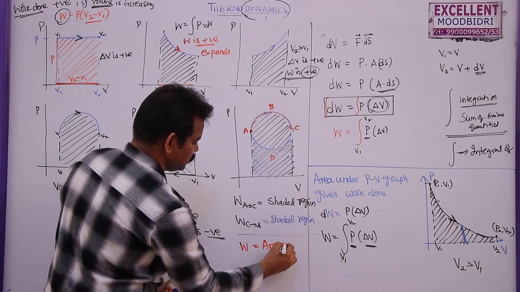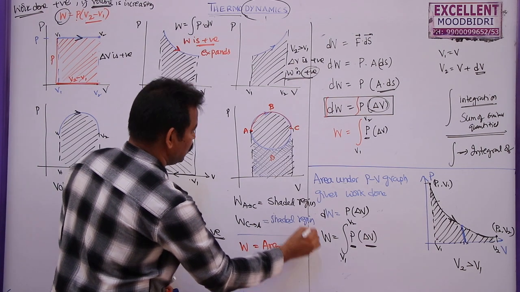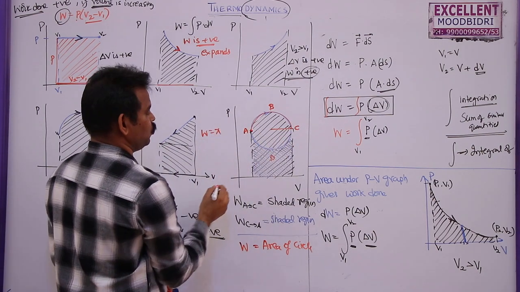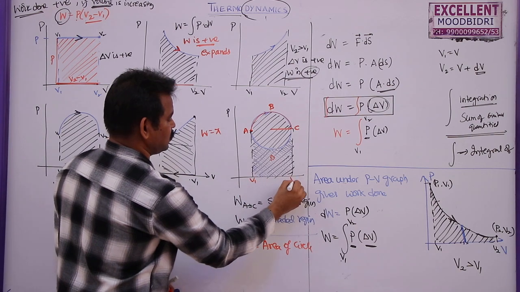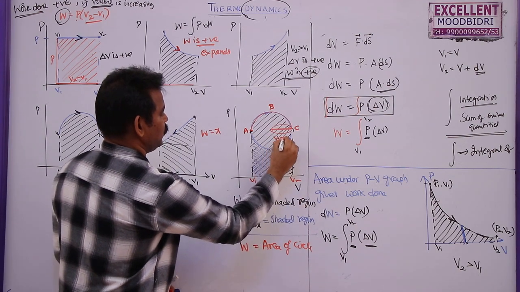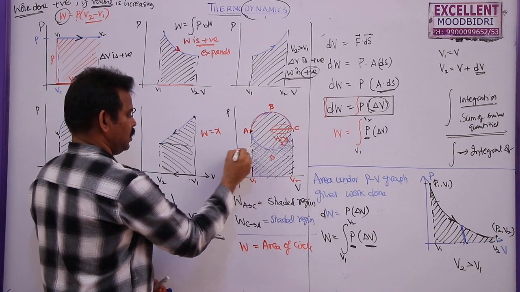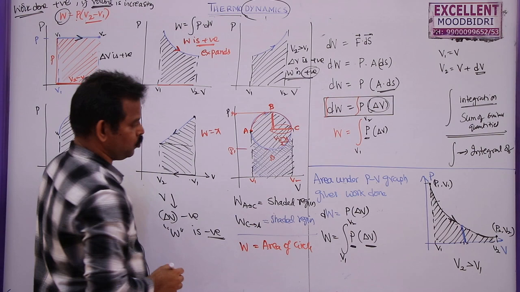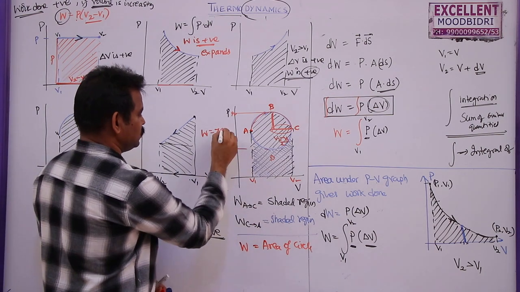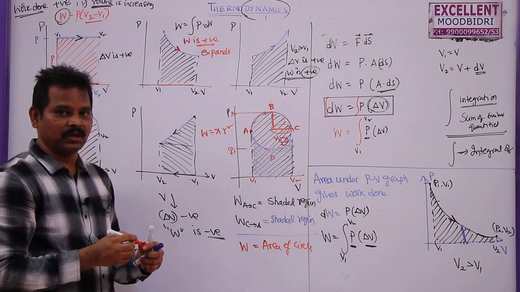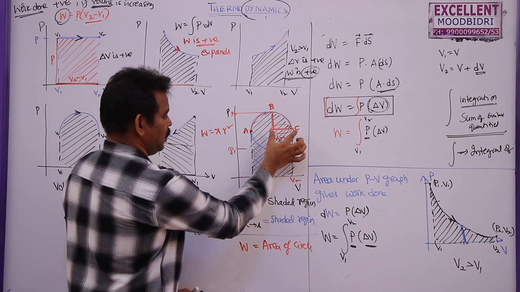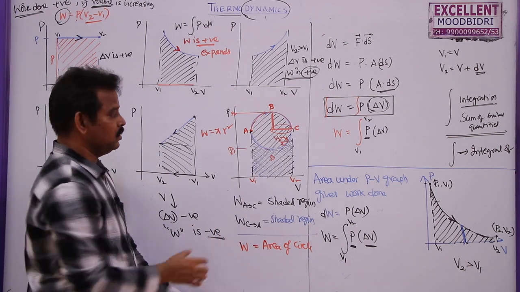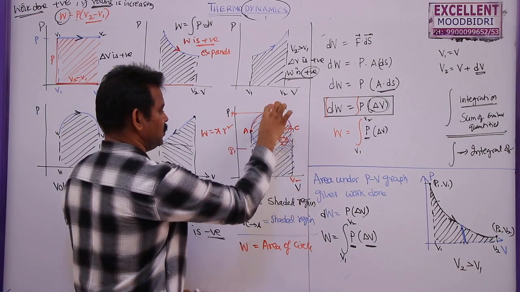So this is equal to the area of that circle, which is given by work done is equal to pi into, this is V1, this is V2, this will be (V2 minus V1) by 2. Here this is P1, this is P2, and this will be (P2 minus P1) by 2. So the total work done is pi r square. But which radius do we have to consider? We have to consider both radii, along x-axis and along y-axis, because both are not given in the same units. This is volume in meter cube, pressure in Newton per meter square.